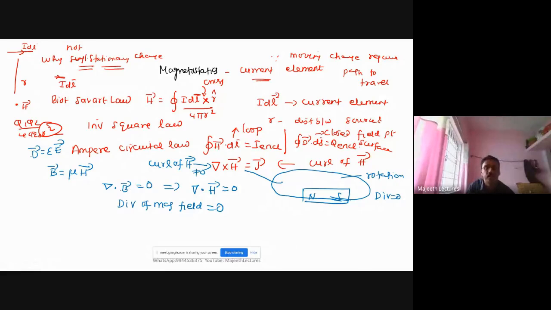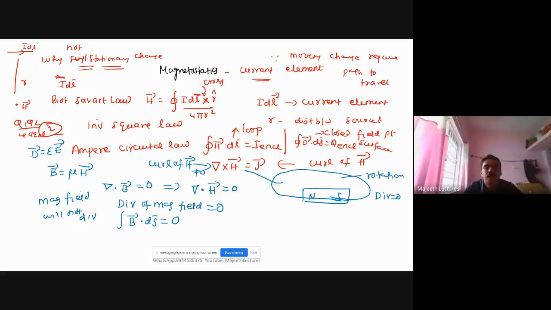Here you see the divergence of the magnetic field. No need to prove it; in electromagnetics we can understand it from the mathematics. The magnetic field will not diverge. The divergence of the magnetic field is 0. So what is the equivalent integral form? Del dot B equal to 0 means closed integral of B dot ds is equal to 0. It is the divergence in the integral form.